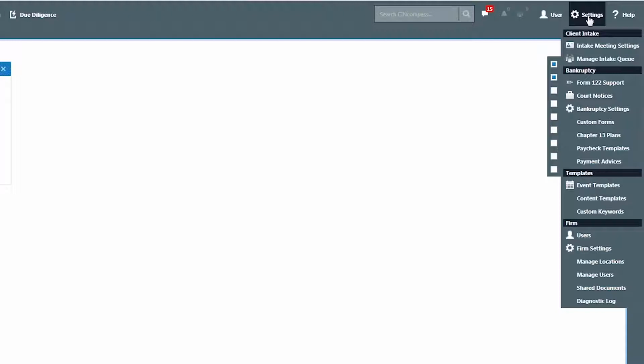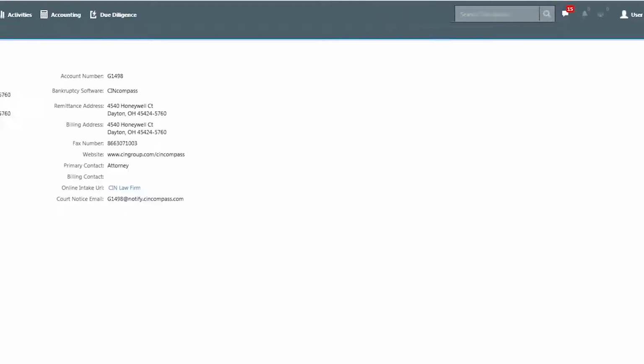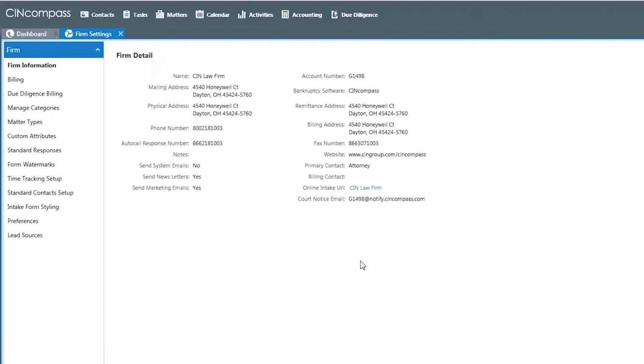Settings are your general settings. So this would be across the board, like for the entire firm. Anything that's changed in here is not user specific. One thing that I want to specifically draw your attention to would be firm settings. So when you go into firm settings, under settings, you have the ability to